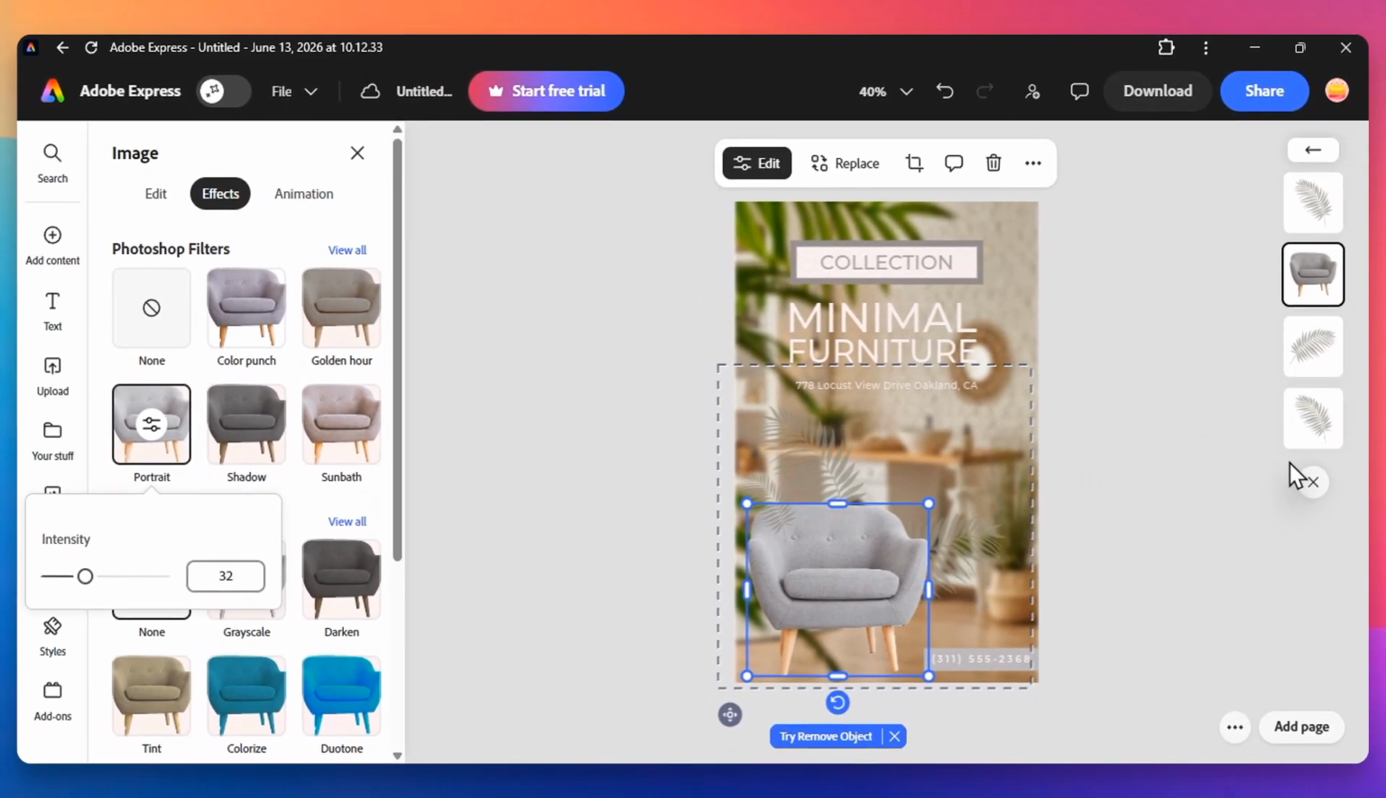The best part is that as you click on different presets, you will see those changes happen in real time on your canvas. This allows you to experiment freely until you find the exact style that matches